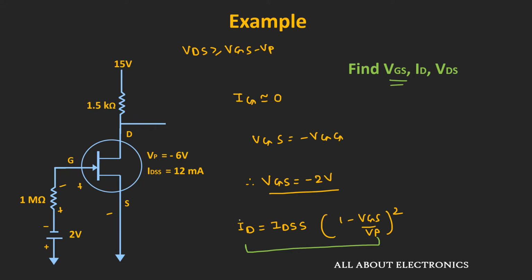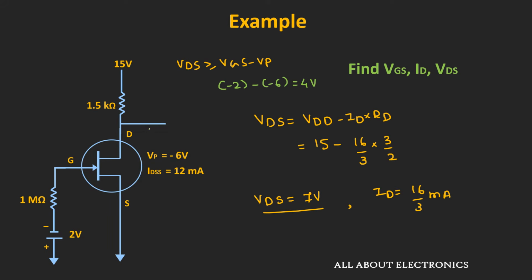So in this way, whenever the JFET is used as an amplifier, then using this method, we can find the value of drain current ID and the voltage VDS for this fixed bias configuration. Now in this example, the values of the resistors as well as the biasing voltages were selected such that the JFET was operating in the saturation region. But let's say if you are designing the circuit by yourself, then you need to select the values of resistors as well as the biasing voltages such that the JFET is indeed operating in the saturation region. So based on that, let us take our second example.